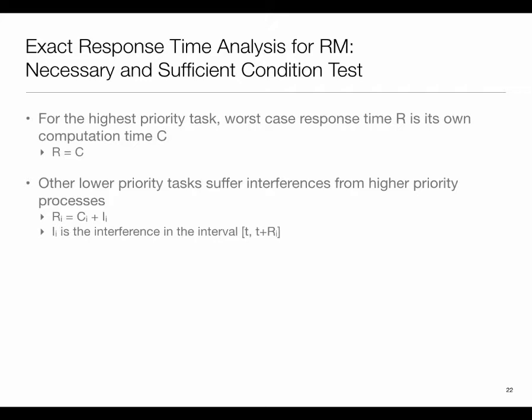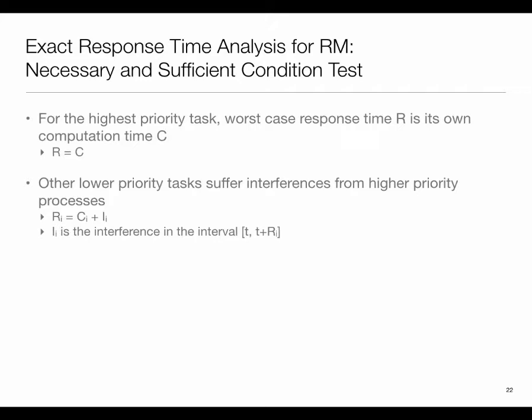Imagine now that I have a set of tasks, and I have assigned priorities to them. It may be rate monotonic, or it may be some other static priority assignment that I will be given. So I can say that tasks are sorted by some priority ordering. If I look at the highest priority task, its response time is going to be its computation time. Needless to say, whenever it comes, it will take that much time to finish.